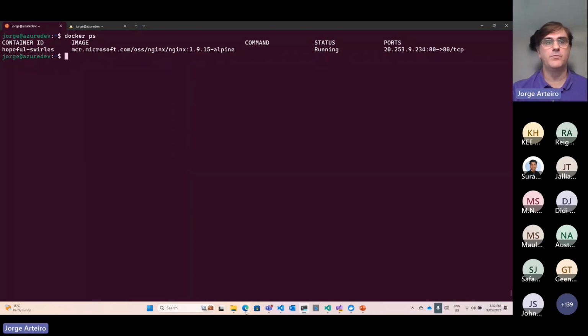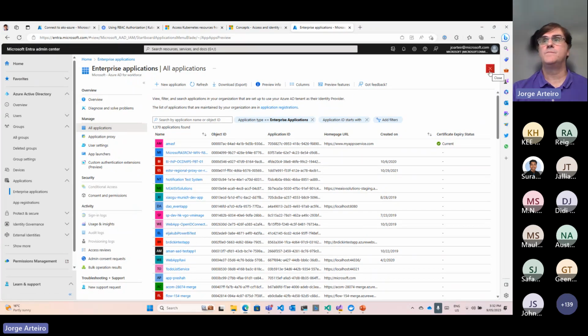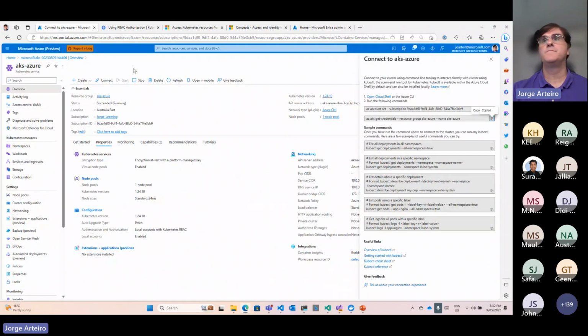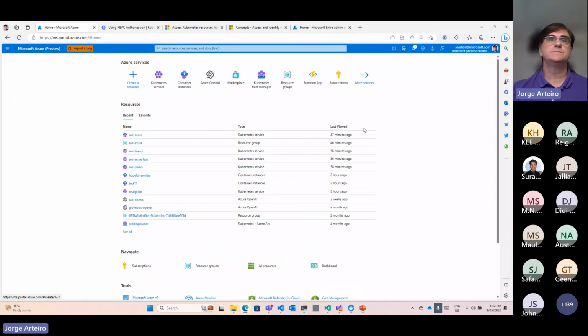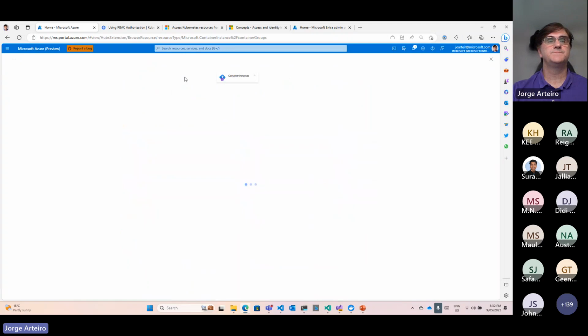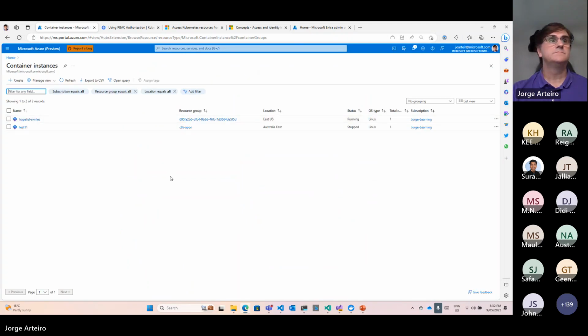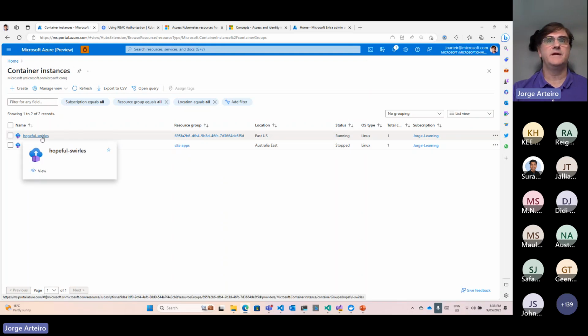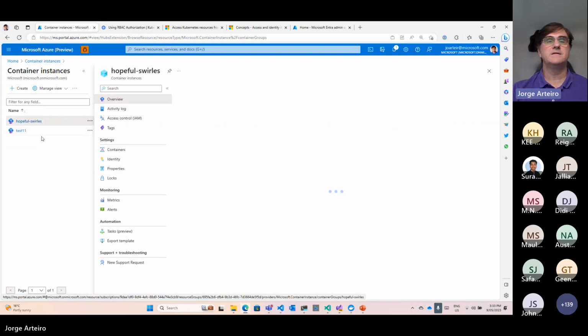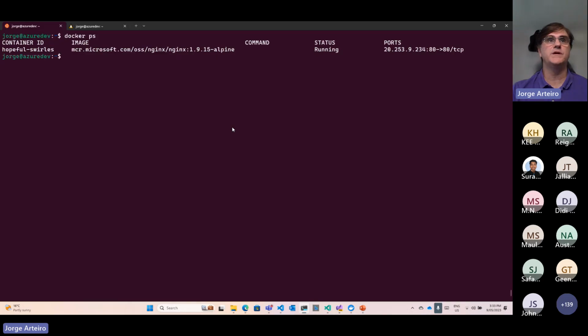Let me go to my Azure portal here. And then I go to container instances. The container instance that I created here is exactly the one that I'm showing here on the terminal.